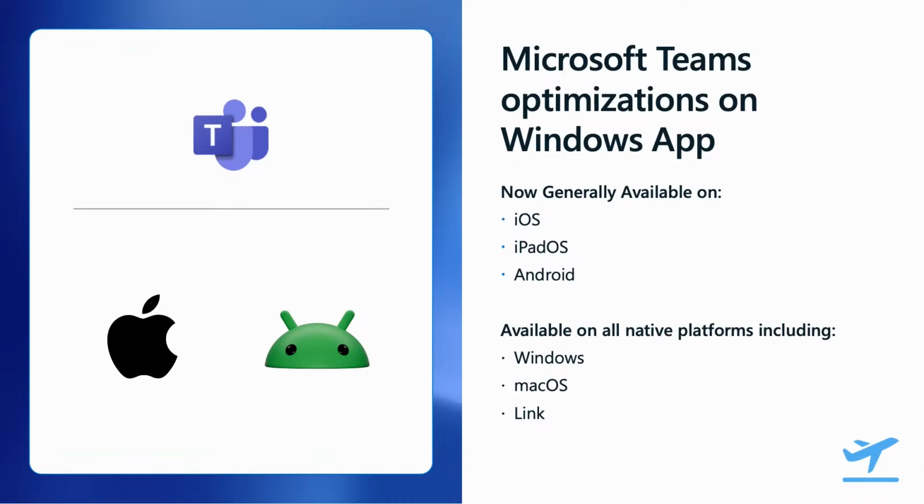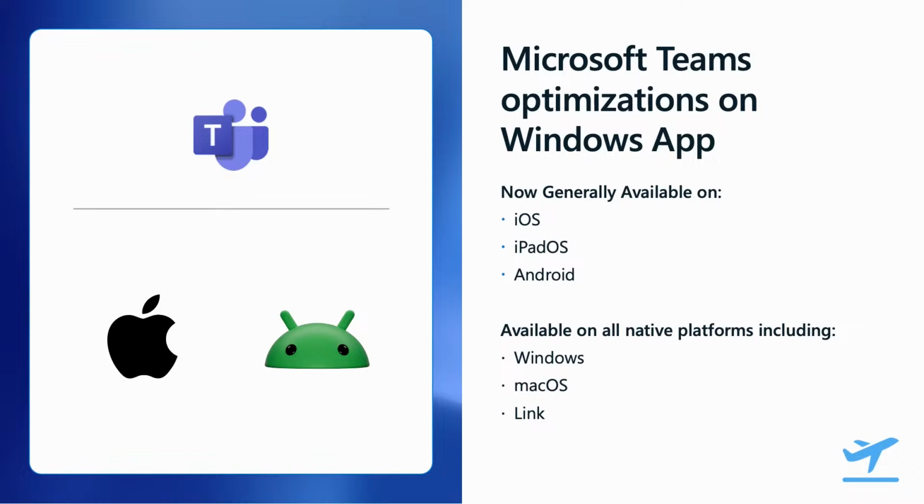We've built deep, platform-level optimizations to ensure Teams performs just as well in the cloud as it does on a local desktop. So even if you're working from a mobile device or accessing your cloud PC from a different location, you can still join meetings, present content, and collaborate in real time, without lag, without compromise. And I'm excited to share that these Teams optimizations are now officially in general availability for Windows App on iOS,